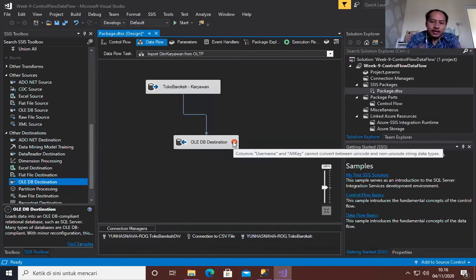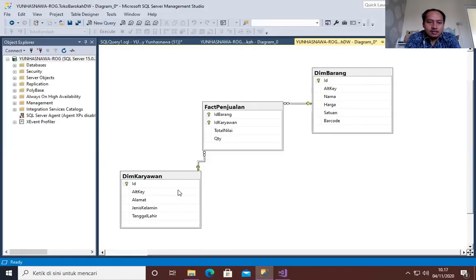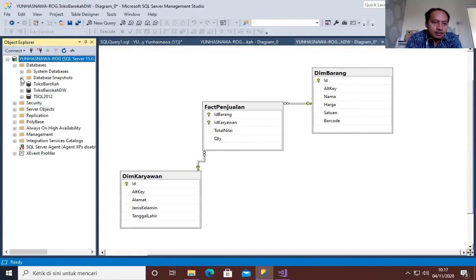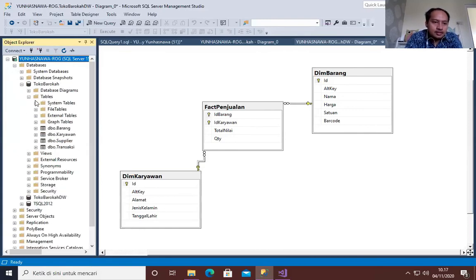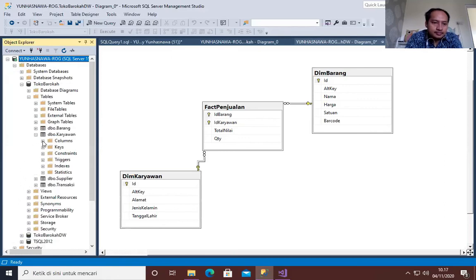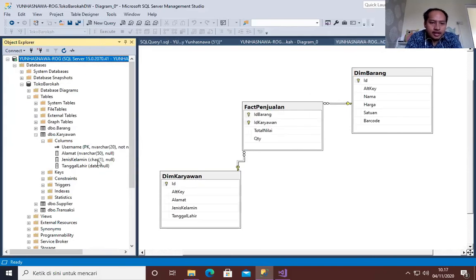Why is this happening? Because in our database, Toko Barokah, the table karyawan, the columns username and alamat have nvarchar. Nvarchar means Unicode string; beginning with N means Unicode.